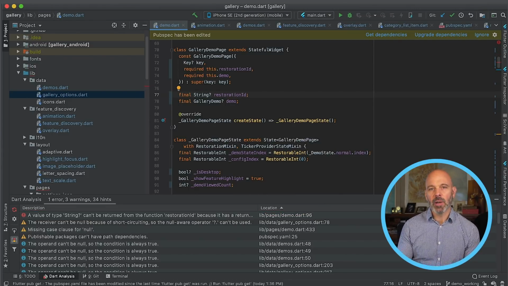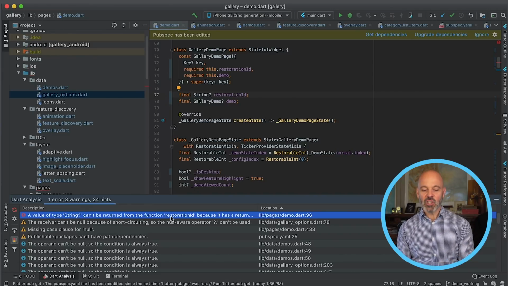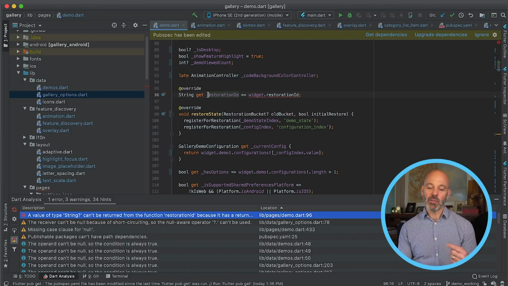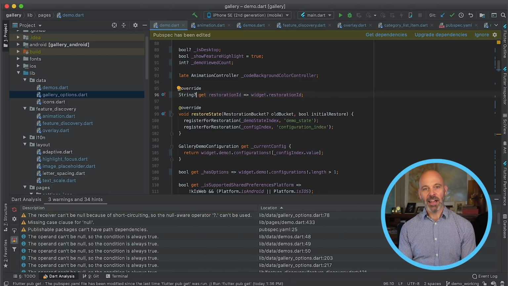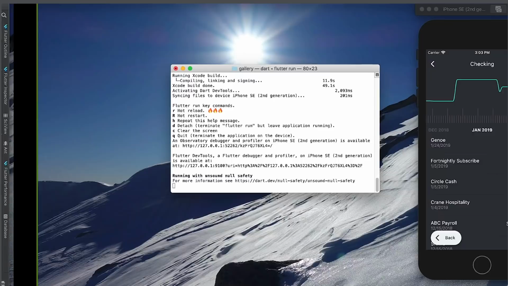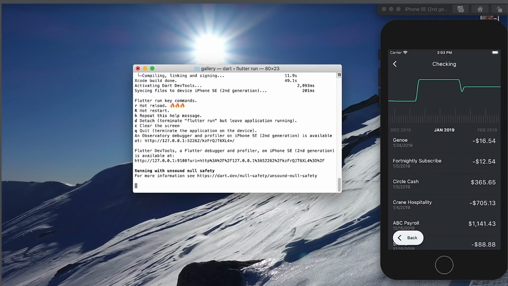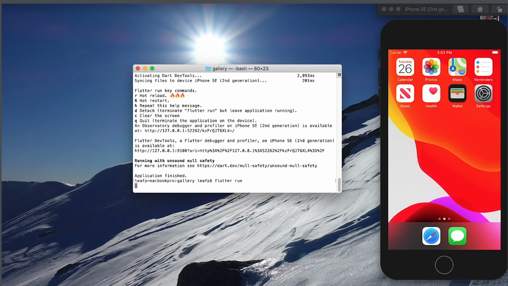And this is the work that the migration tool would otherwise be doing for you, right? It would be doing the work of chasing through all of these places that nullable value reaches and marking them nullable for you. So that's why using the migration tool in general is going to save you a lot of work, because it does a lot of this mechanical stuff. And we can see now that we have no errors. So we can go over to our app here and we can quit out of it and we can restart it. That's going to take a minute to start up.